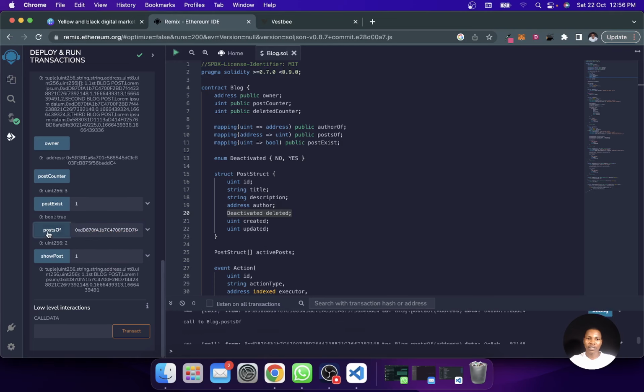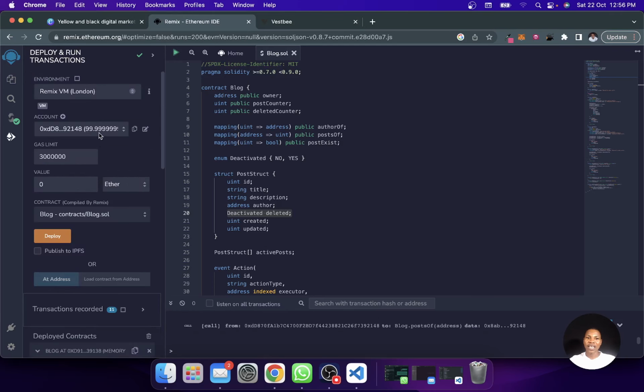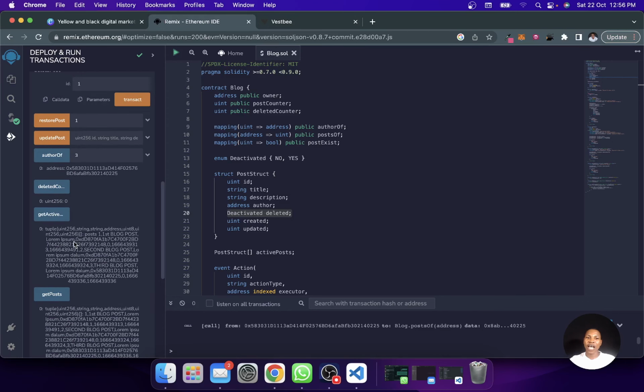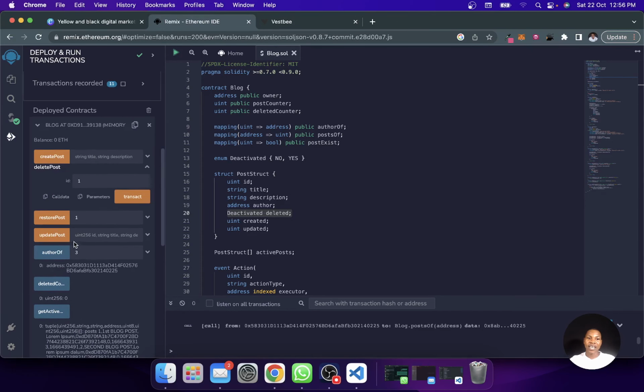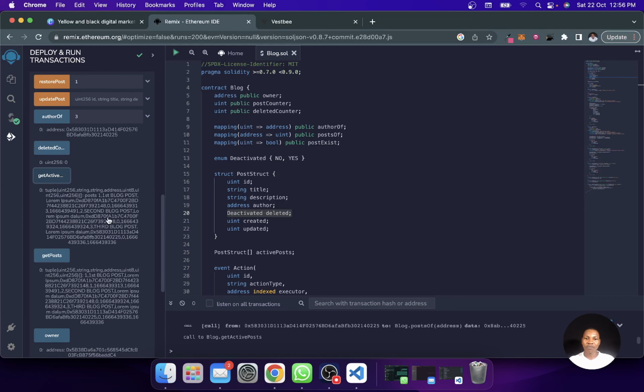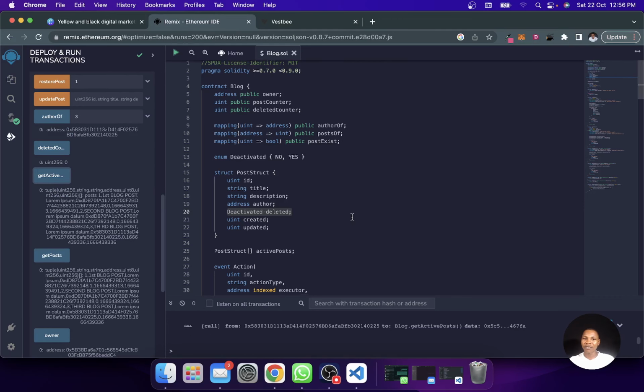So post of this, see that it's 2, and then the post of this other account, let's check that out. We'll paste that here and click. See, post of that is 1. So all of those functions are working accurately, fantastic, except just this one, this get active post, that is failing